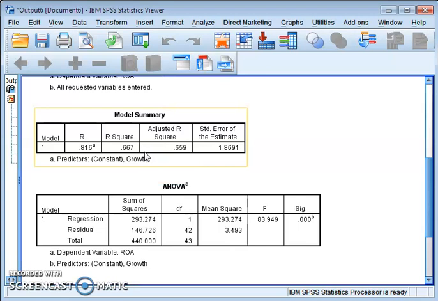So from the model summary table we can say that 66.7% variance in return on assets can be explained by sales growth. We can say the model is good, as it is explaining sufficient variation. Anything in excess of 35 or 40% can be acceptable.